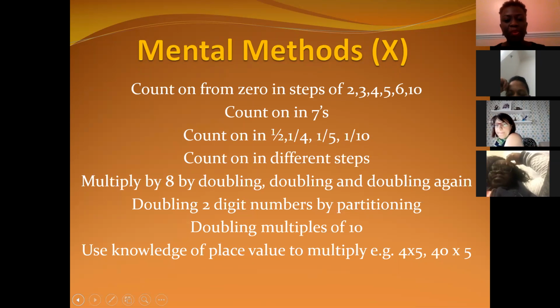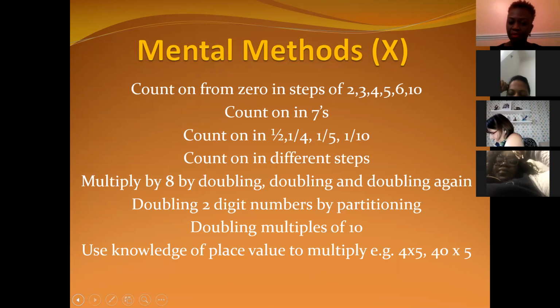Okay, doubling 2-digit numbers by partitioning. So if you've got a 2-digit number, say for example 48, they can double 40, they can double 8, and then they can add that together. Doubling multiples of 10 as well. So these are some of the mental methods that they can start learning or picking up to be able